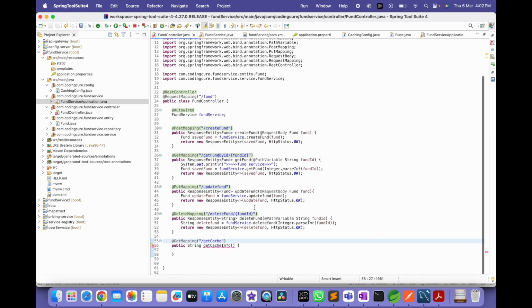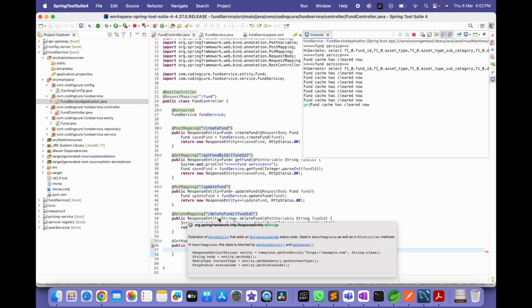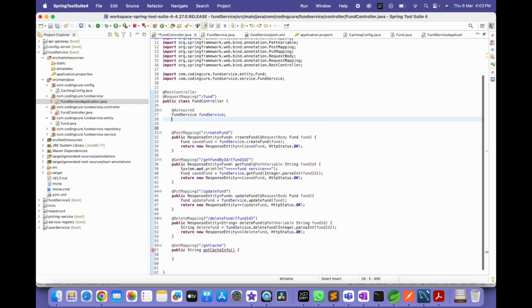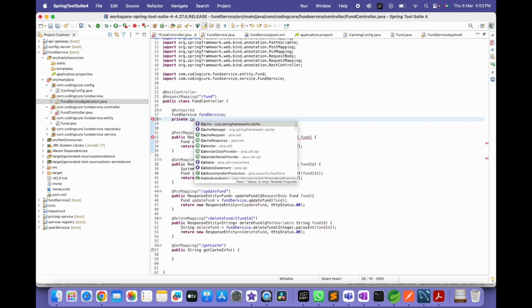Now how will we get the caching information? So we need to go to the cache manager. So here I can call the cache manager, private CacheManager